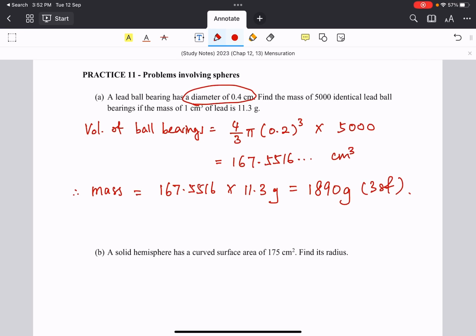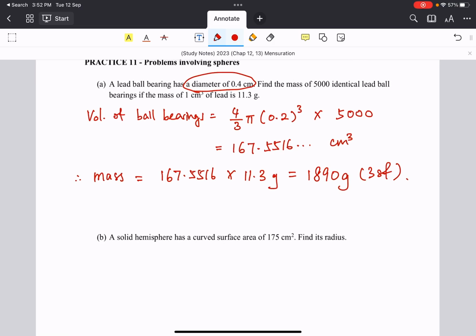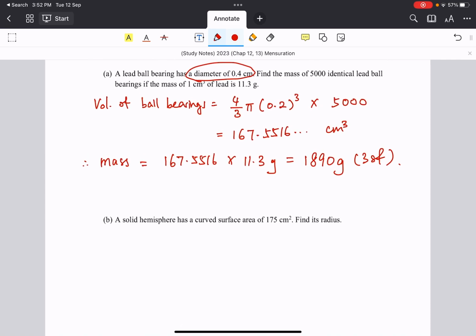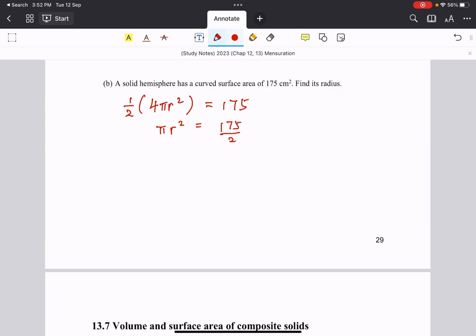Another example. This time we have a solid hemisphere. A hemisphere is half of the sphere. It has a curved surface area of 175. Find the radius. We know that the surface area of a sphere is 4 pi r squared. Since this is a hemisphere, I'm going to take half of it, and half of it is 175. So from here we can work it out. 2 pi r squared is 175, so r squared is equal to